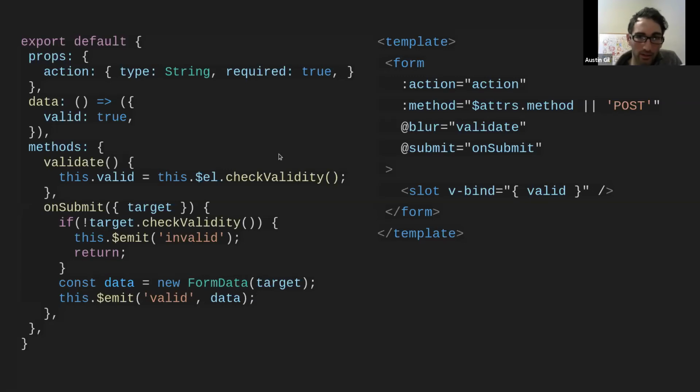So over on the right side in our template, again, we have our property for our action, which we know is going to be required, so we can bind it to the action. We can check whether the method is provided, and if not, we can fall back to a post method. This is a personal preference, and it also has some functional